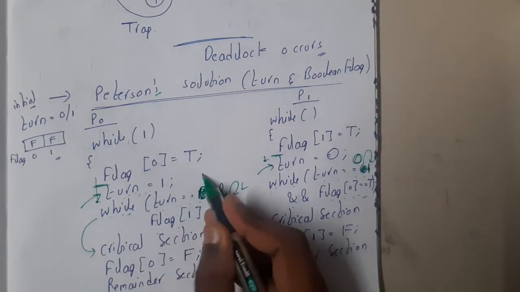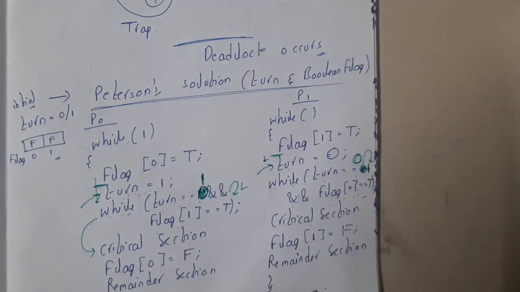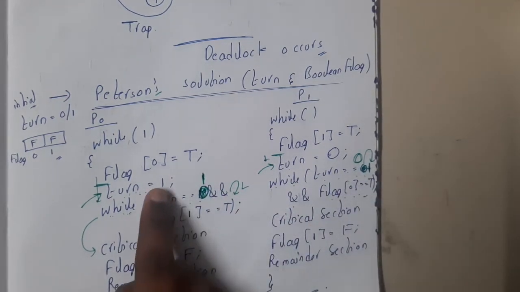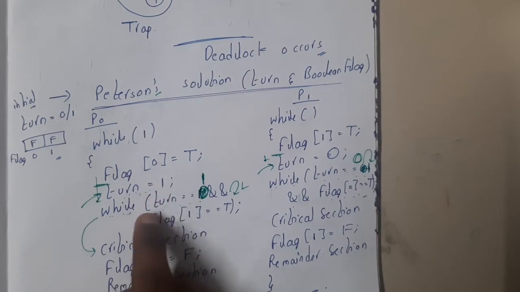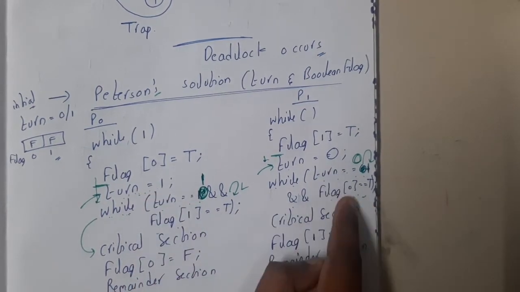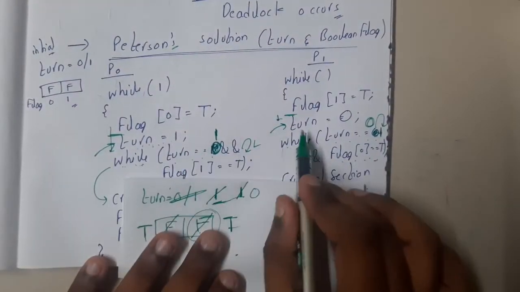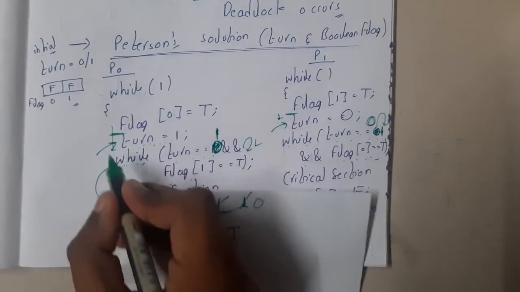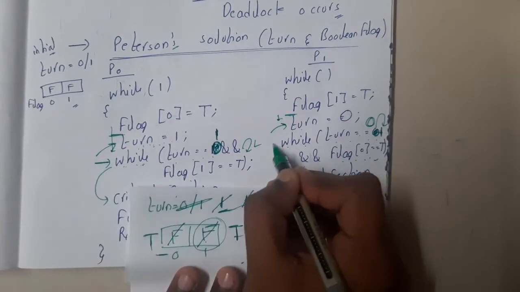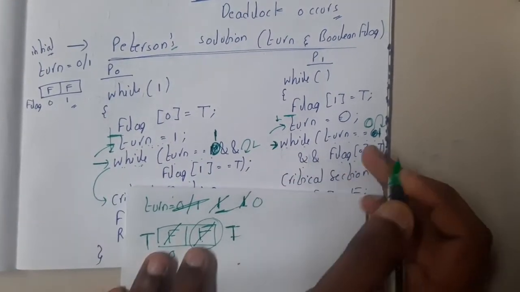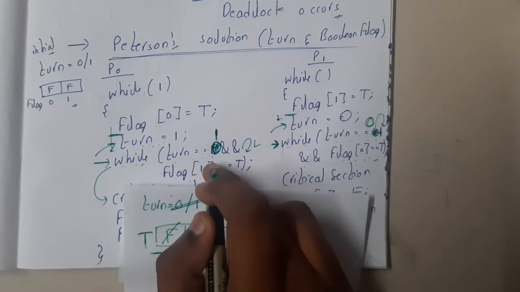So why did I end up with a deadlock? Because it is a 1. So the turn will be 1 and it will be 1. So it will be 0. Okay. So now I got it. Now I understood, guys. So now both of them look like they are in deadlock, right? But this is executing here and this is executing here, right? Yes. So this got stuck, but let us try with this, guys.